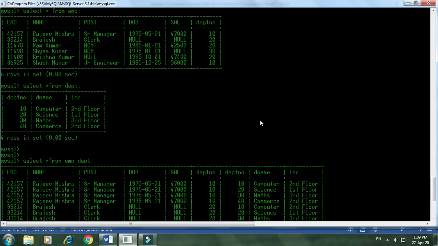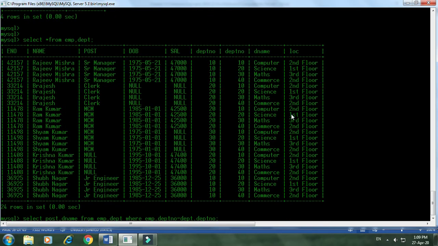So if we omit the table name and don't use this dot notation, it gets confused about which table you are accessing the department from. So we have to clarify with a dot notation from which table we want to access the department. This one shows the department number from the employee table, and this one shows the department number from the DPT table.